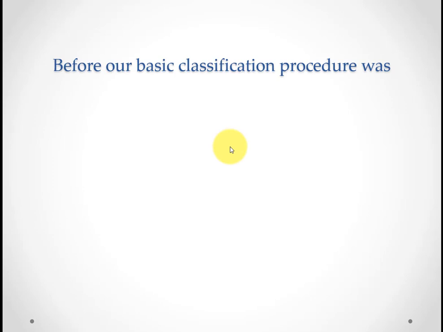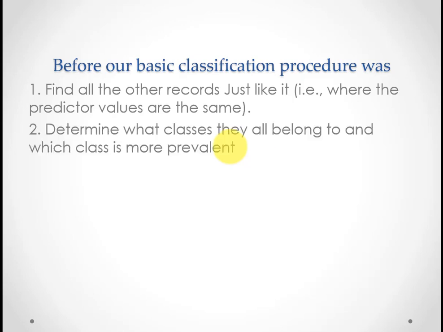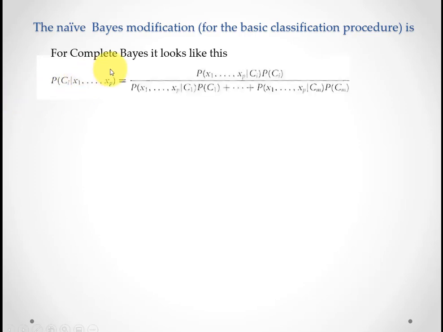Before, our basic classification procedure was to find all the other records just like our record, i.e. where the predictor values are the same, determine what classes they all belong to, and which class is more prevalent, and assign the record to that class, or classify that record to that class. The naive Bayes modification for the basic classification procedure is, so for the complete Bayes, it looks like this. This is what we had before for complete Bayes. We just saw that 2 screens ago, I think. But with naive Bayes, it becomes,